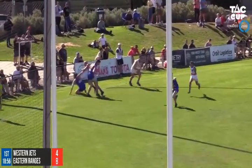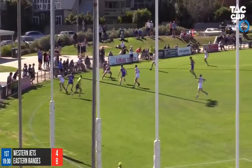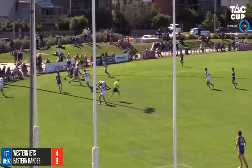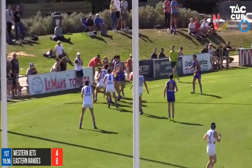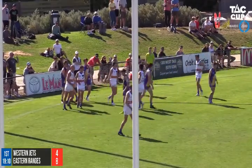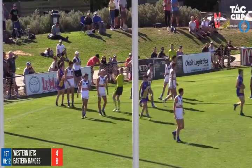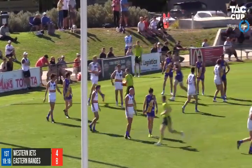They've got a couple here if they can flick it out the back door. Read beautifully that time by Clausen. He runs to Cartamoni, he gets tackled. Worked it back inboard. Bit of a head contact there. Yeah. Play on's a call. Side bump, fair bump. Yeah, the head was down though. You've got to be careful in those situations, Crooks. He might have not hit him in the head, but...